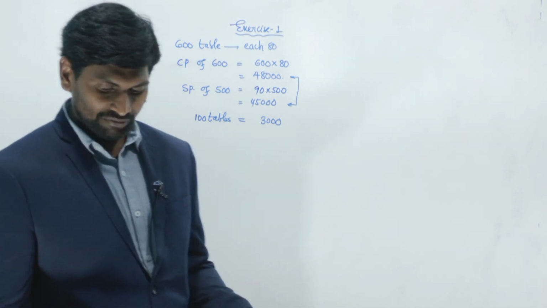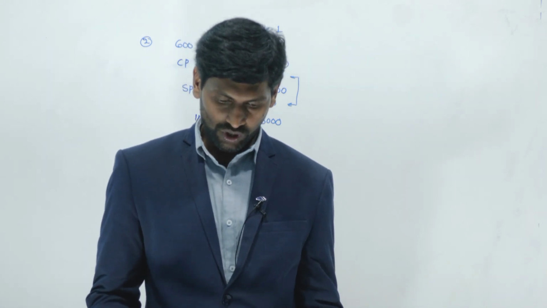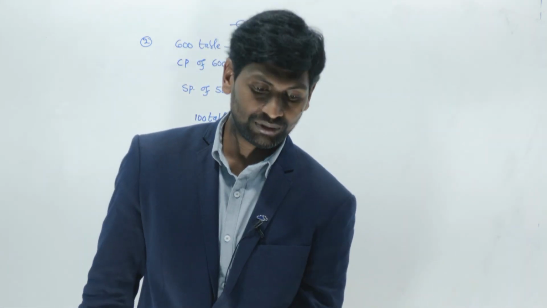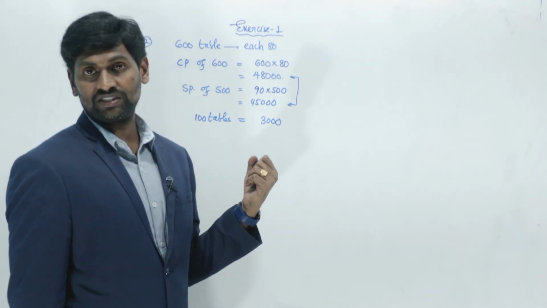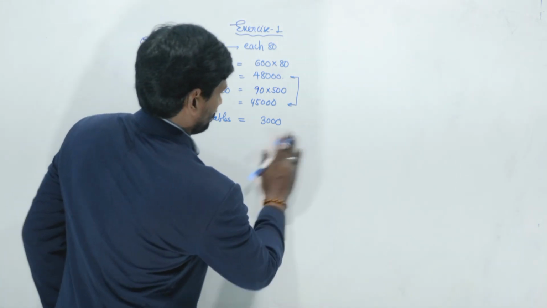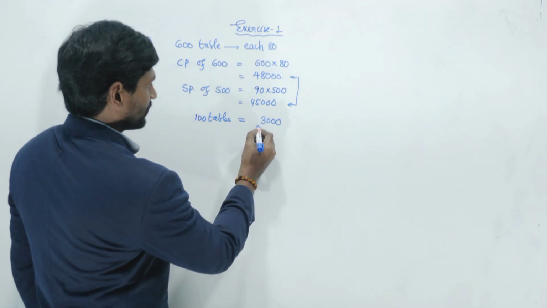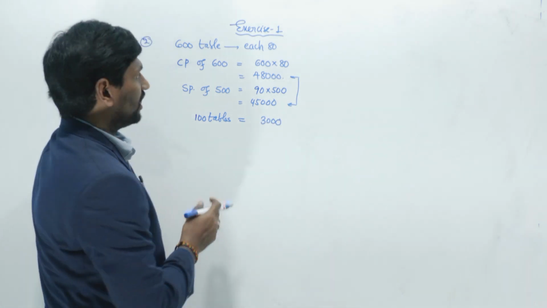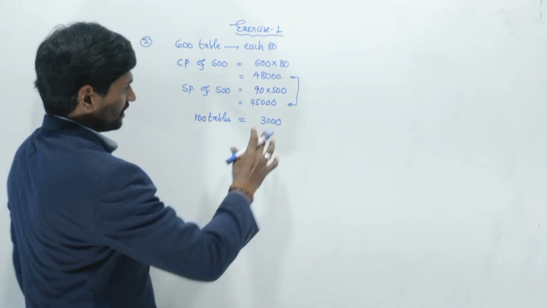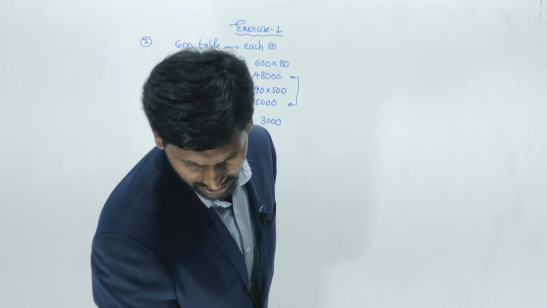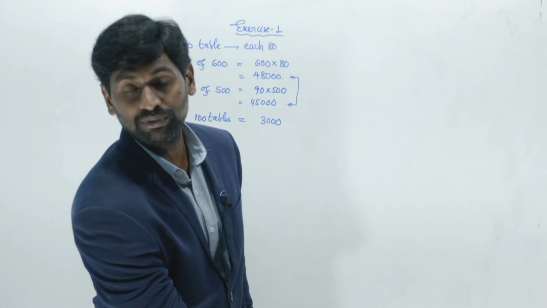So in order to make a profit of 20% on the tables, what is the cost price? What should be the selling price of the remaining tables for getting a profit of 20%? Okay? So the 100 tables' cost price is remaining 3,000 now. The 100 tables' cost price is 100 into 80. So on the whole, in order to make a total profit of 20%,